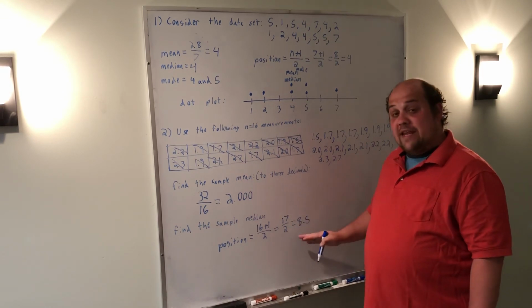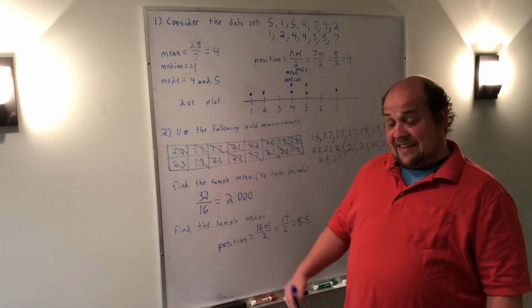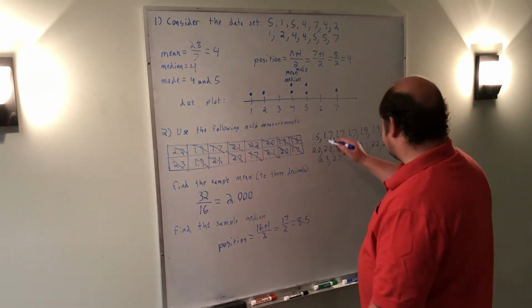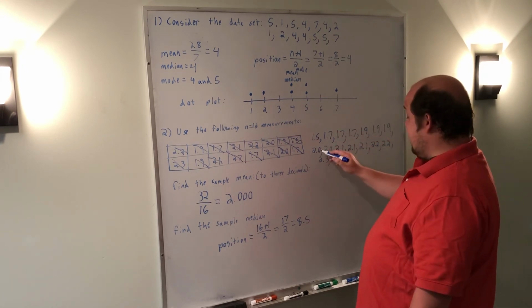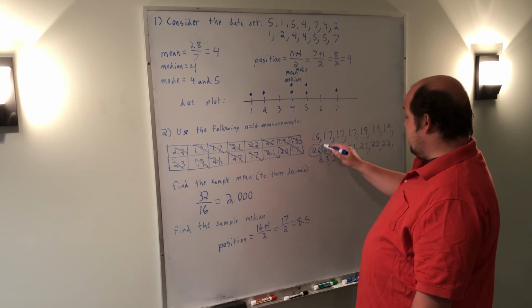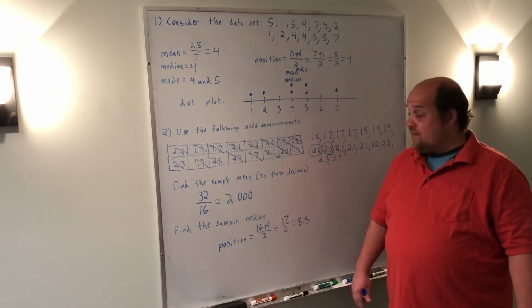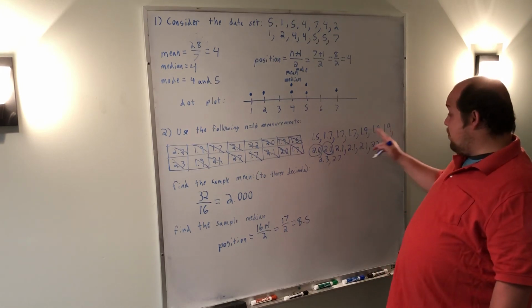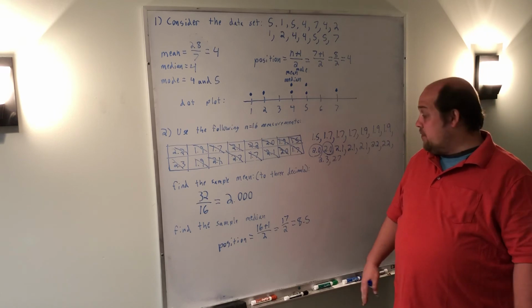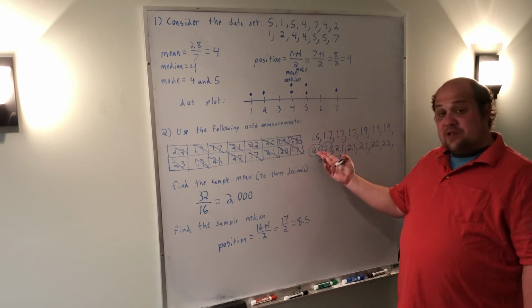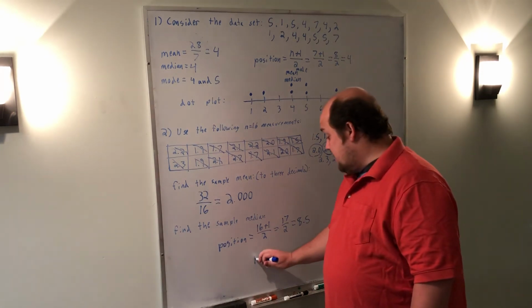The way I want to read this 8.5 is it's occurring between the 8th and the 9th data point. 1, 2, 3, 4, 5, 6, 7, 8, 9. In this case, they're the same, so we don't really have to average them. If, for instance, I'd gotten 1.9 and 2.0, I'd add them together and divide by 2 to find what the average is. In this case, 2 plus 2 is 4, divided by 2 is still 2. So the median